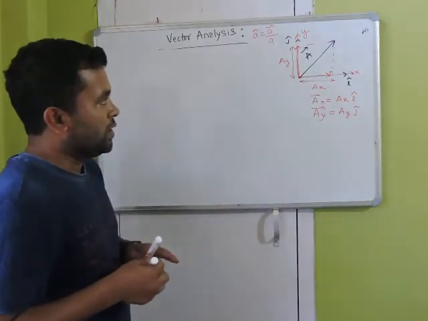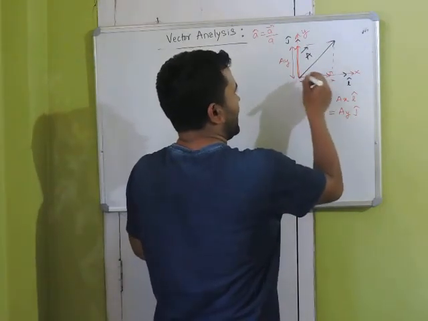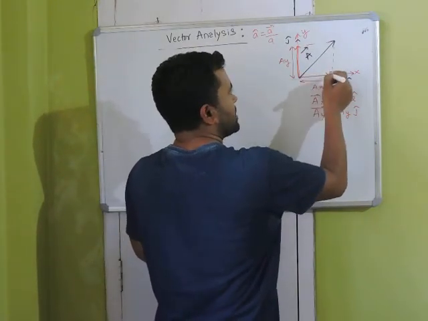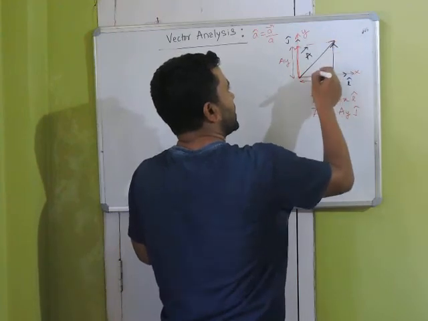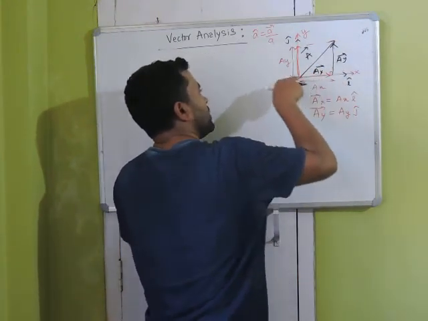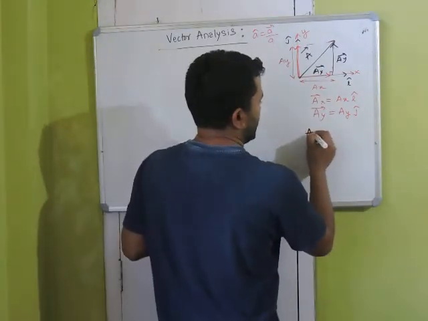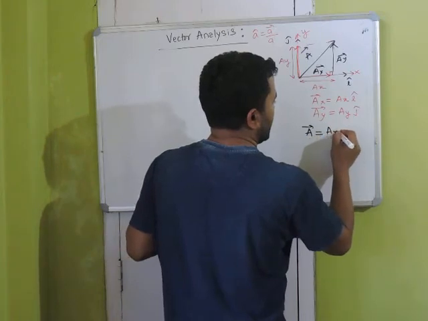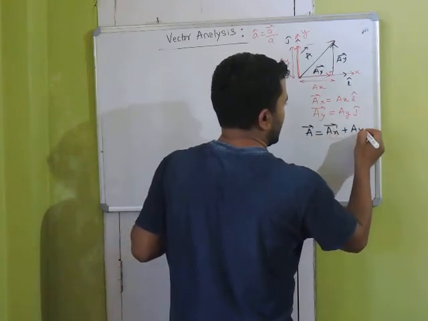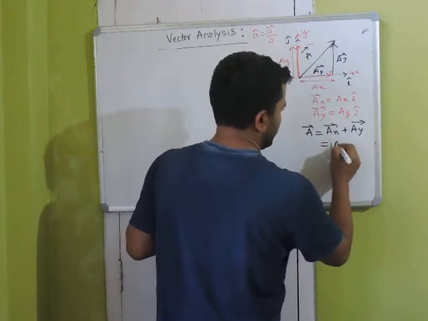Now using the triangle law, this is your Ax vector, this is your Ay vector. They represent the adjacent sides of a triangle, so vector A can be written, using the triangle law, like this or like this,